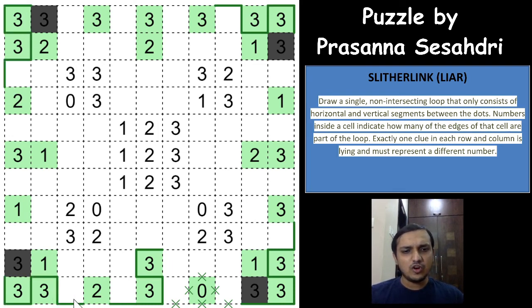Now if 3 is wrong here, it will never have 3 segments here because it is wrong. So if at all it has a 3 segment here, which means this clue becomes correct, and you contradict that: the row or column won't have any number of wrong clues, not even a single wrong clue, right? Okay, and this clue will have to go up,